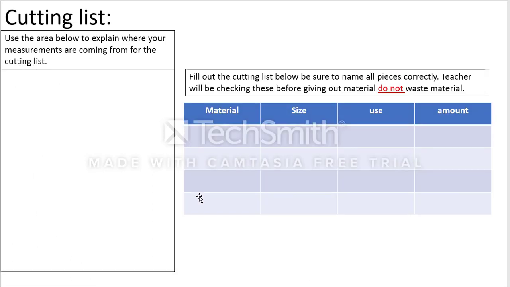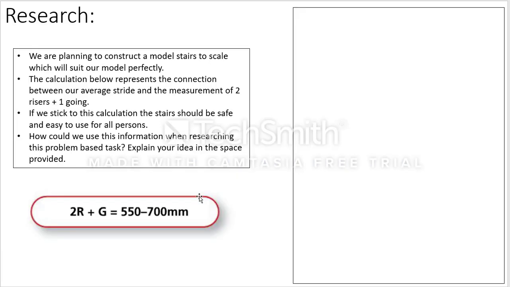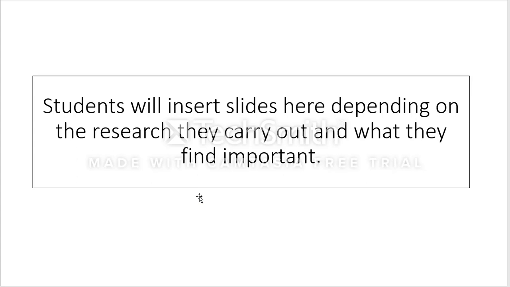Then they're told, using the area below, explain where your measurements are coming from. So they have to realise then, okay, we can't get these yet because we need to figure out how to scale it down. That's where they get told exactly what they need to research and roughly how they're going to have to do it. And from that point on, we come into the second part of the portfolio, where it's guided experimentation. So where the teacher is the facilitator.